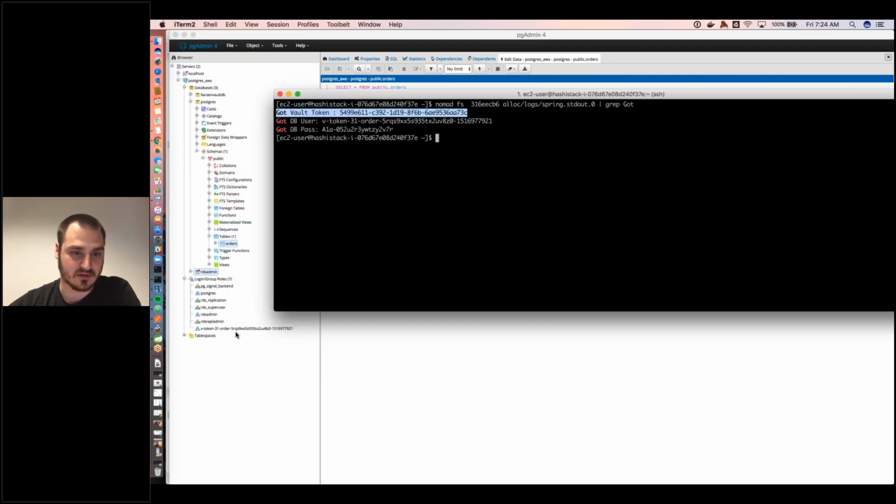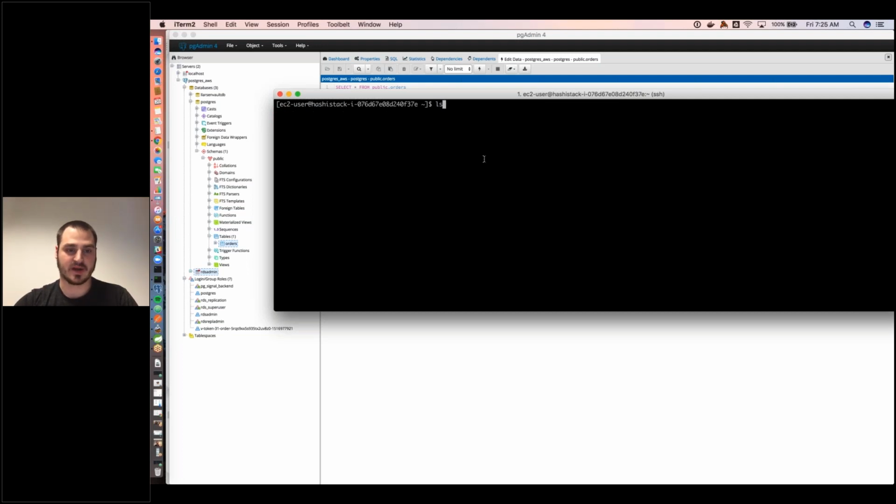These two match. So we actually were able to create a dynamic user when Spring initialized, and this wasn't anything we did ahead of time. This was fully managed by Vault to do this activity. So if I go back